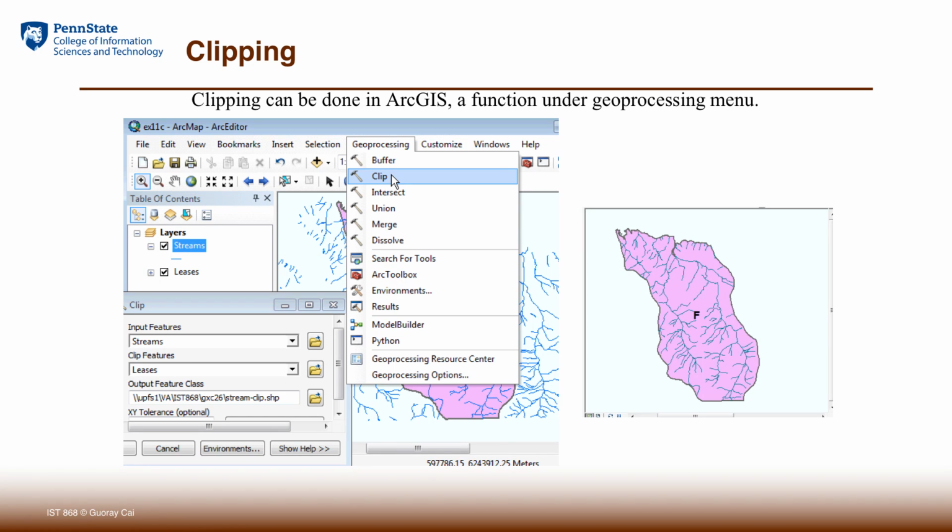It can be done in the ArcGIS system. If you visit the geoprocessing menu, clipping will be immediately there. When you invoke this clipping function, it automatically opens a dialog that asks you to select the input feature class, or input layer.